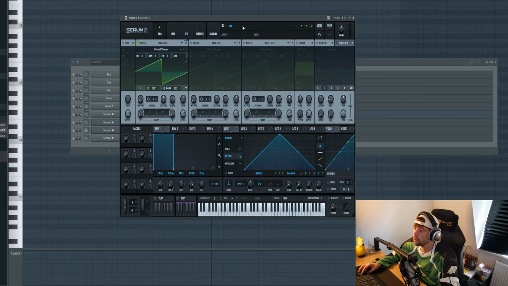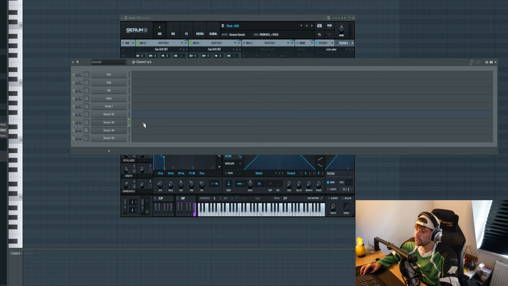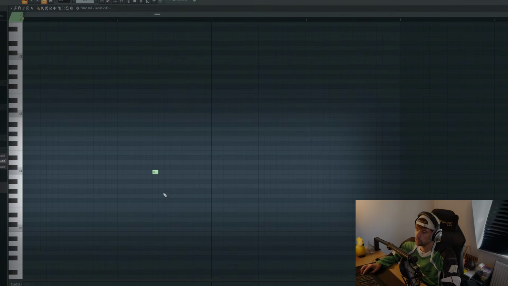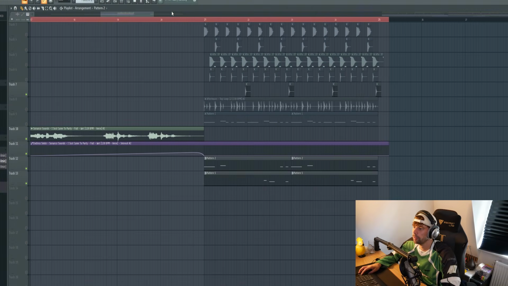Then we're gonna do the same, but with a pluck preset. Let's go for this one. And again, following the bass MIDI. So just drop them in, and then I want to add a wobble sound right here to sort of introduce